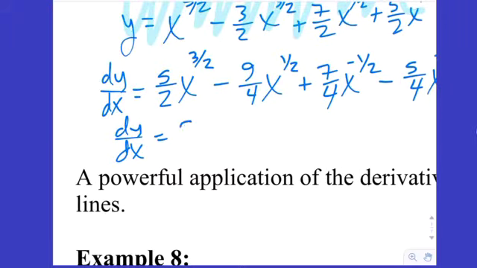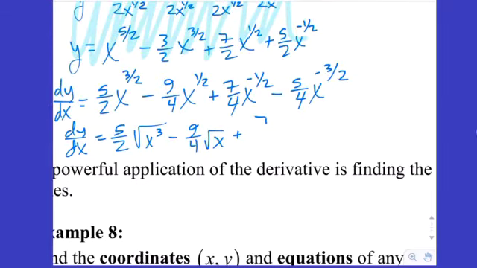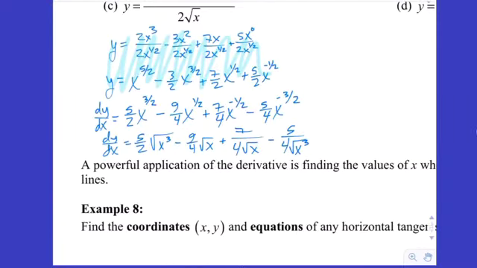So we could call this 5 halves times the square root of x cubed minus 9/4 times the square root of x. And then it becomes plus 7/4 square root of x minus 5/4 square root of x cubed. So that's one version of it, right? If I told you to plug in like a 1 or an 8 or something right now, you could probably handle evaluating that. But later on, when we have our derivatives, we're going to want to set them equal to